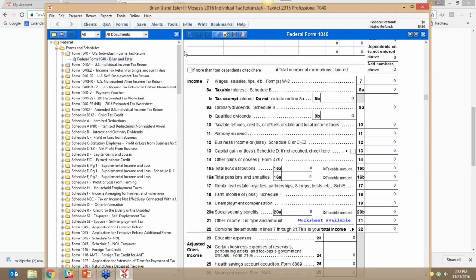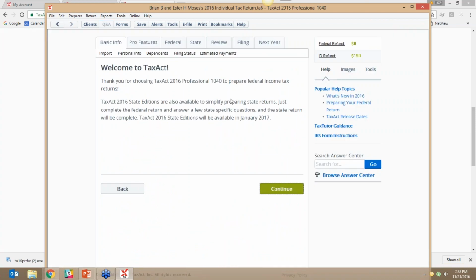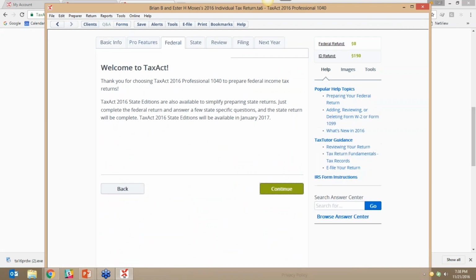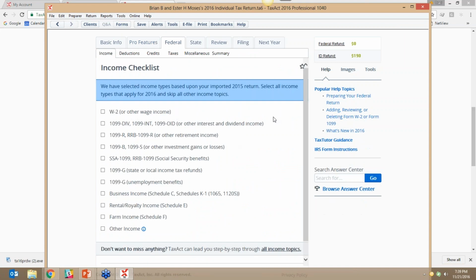And then the other option that we have is by clicking this Q&A button, you can get into our Q&A, which is more of an interview type method. So this is really helpful if you have newer preparers to your office and they're just kind of starting out or learning the workflow. Also, if there are tax law changes or different areas that you're preparing that maybe you're not as familiar with and you want to get a little bit more information on how to handle certain areas, you can flip back and forth as you need to. And as you can see, there's more information available